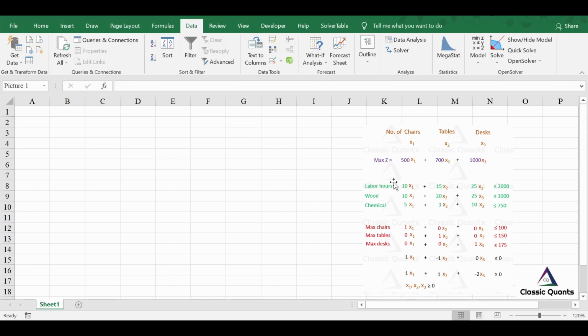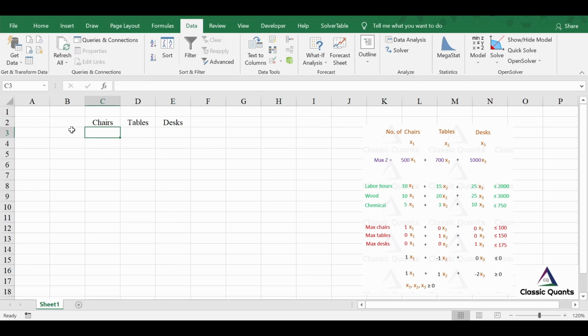I have copied this particular section from the slide so that you can make a one-to-one comparison between your algebraic formulation and Excel worksheet. So first of all, start entering the variable names here: chair, tables and desks.